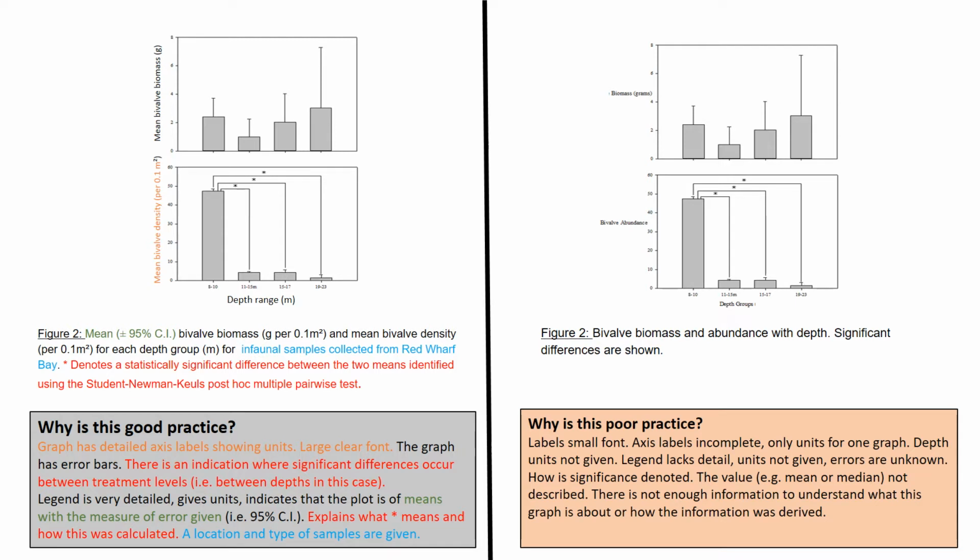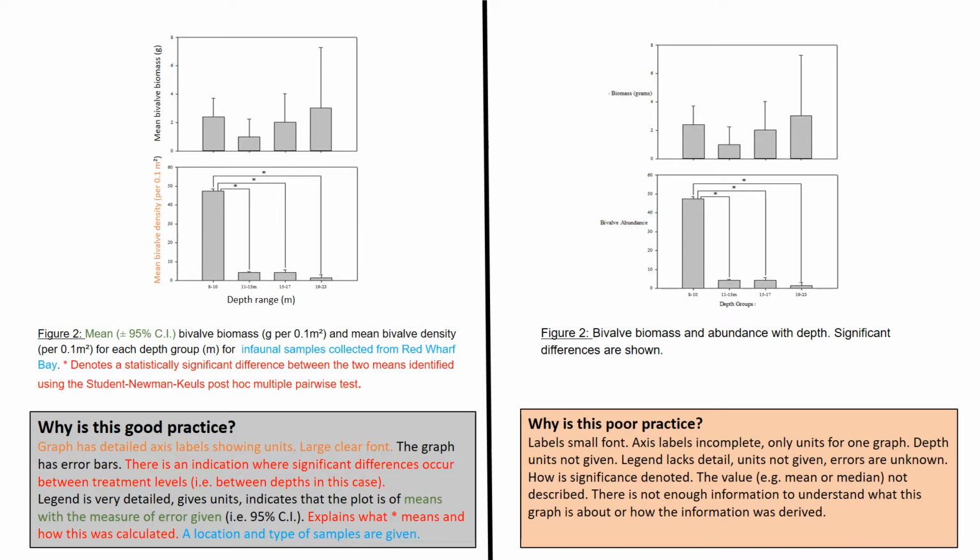Now a figure should be able to stand on its own. In other words, if you take it out of the context of your report, you should just be able to read the legend, view the images in the figure and understand what the figure is trying to tell you. So first of all we have a label, so this is figure 2, and then straight away it's telling us what we're looking at. So we're looking at mean, and then we're told what the error bars equate to. So we're looking at the mean plus or minus the 95% confidence interval,